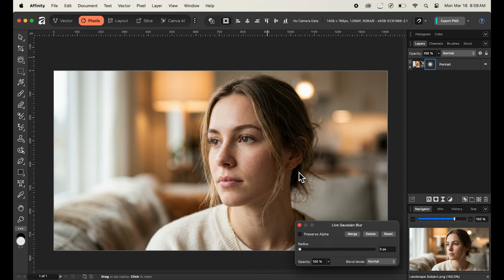Now, after applying the Gaussian Blur filter effect, you'll be able to see that we have the live Gaussian Blur box popped up. And just for the information, using the live Gaussian Blur effect this way is a very good and best practice since it allows us to apply the Gaussian blur effect non-destructively inside of our project or composition, and we can come back and visit our composition or project anytime later in the future and make changes accordingly